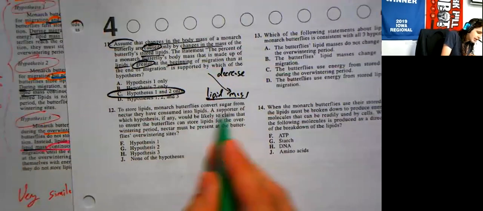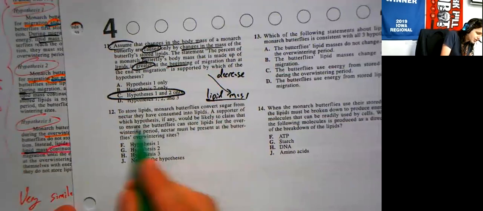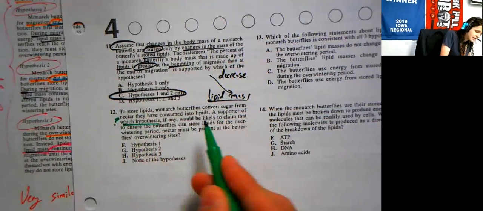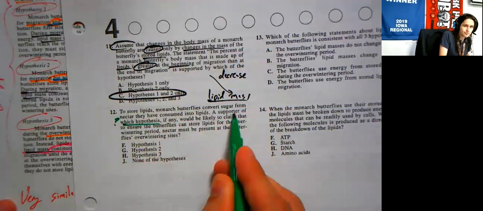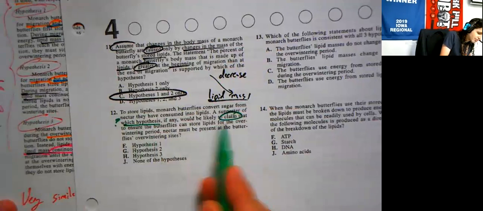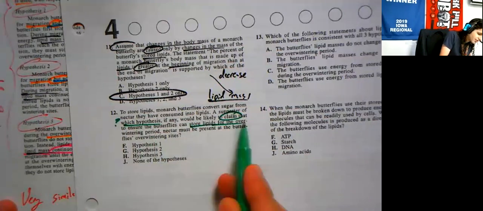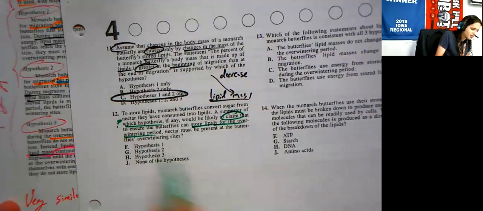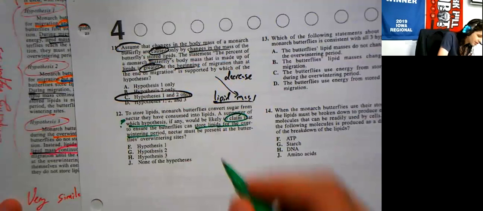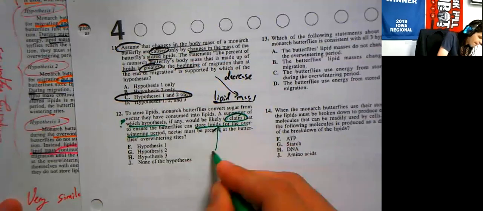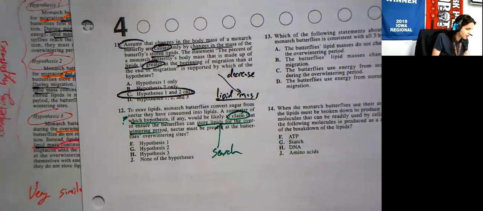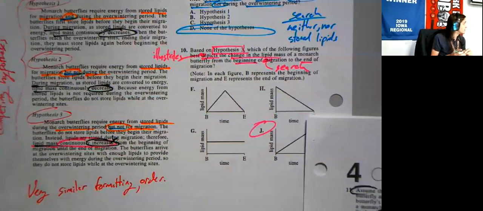Great. A supporter of which hypothesis, so that's our question, is going to be which hypothesis, if any, would be likely to claim that to ensure butterflies can store lipids for the overwintering period, nectar must be present at the overwintering site. So who talks about storing lipids at the overwintering period? And I would go ahead and search for that, look for overwintering, look for store lipids, and you might notice,